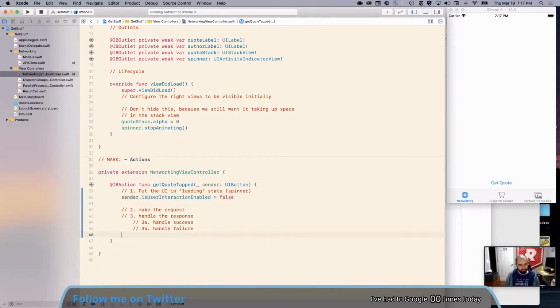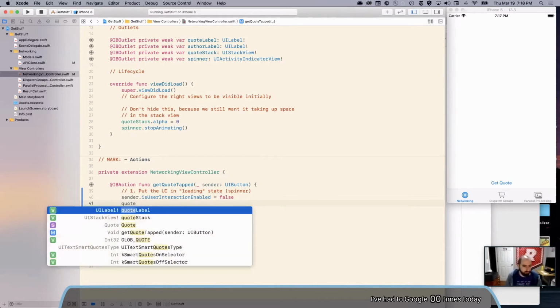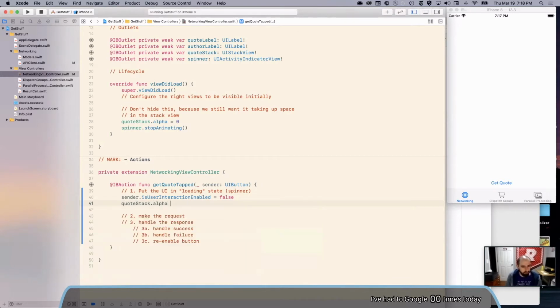And I guess down here, either way, whether we handle success or failure, re-enable the button so we can click again. We'll have to remember to do that, which is annoying, but we'll do it. So I disabled the button, so it'll be disabled for the whole duration of while this thing is loading. And then I have this stack view that contains the quote, and I'm going to set the alpha to 0, so it's invisible during loading. I'm not making it hidden. Oh wait, the thing I was about to say is invalid. Ignore what I was just saying.